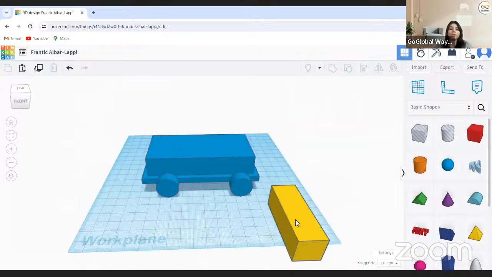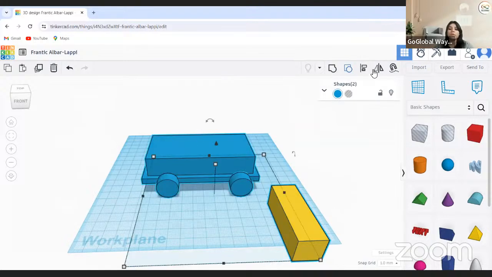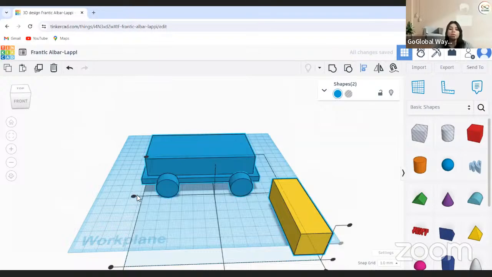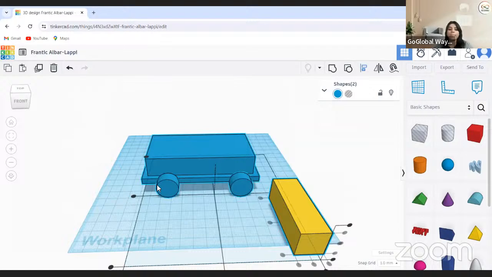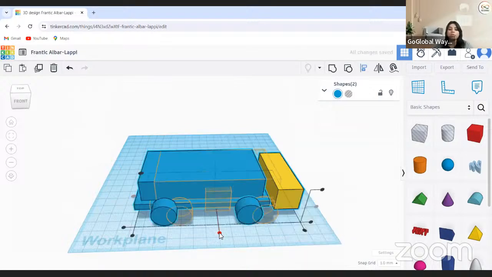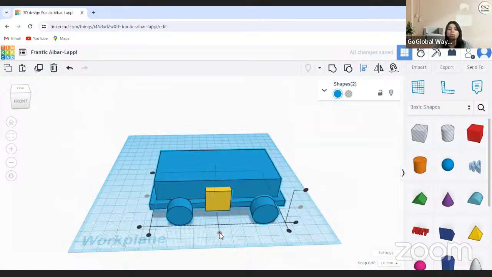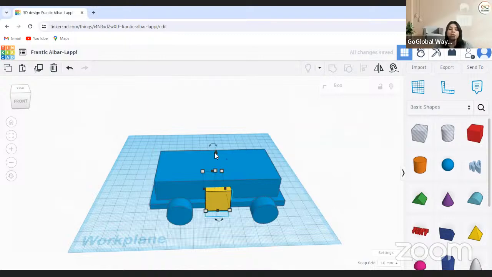Now I will select this body and this one. I will do align center, center, shift this, align center dot of this line, center dot of this line, and center dot of this line. It's all right. Now I'm just moving it a little bit up,